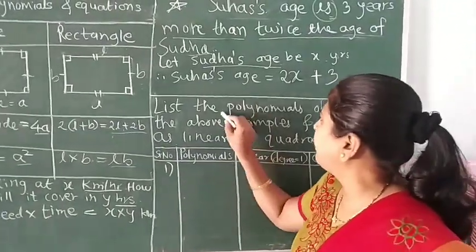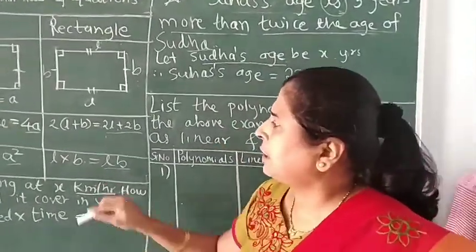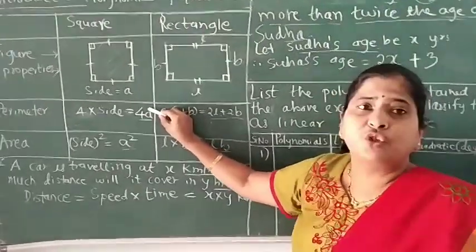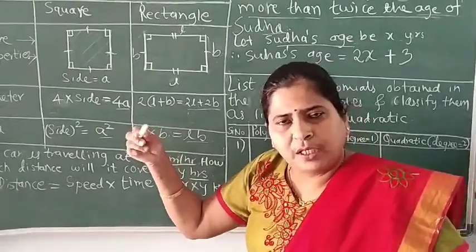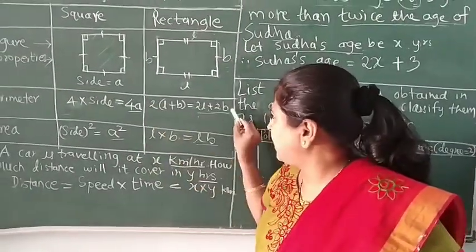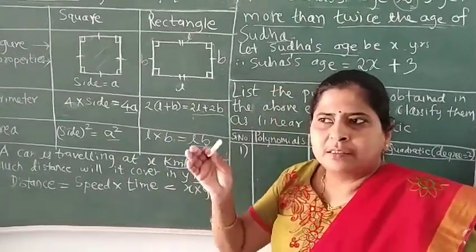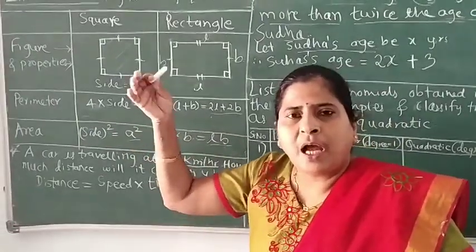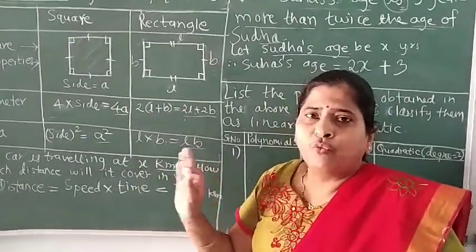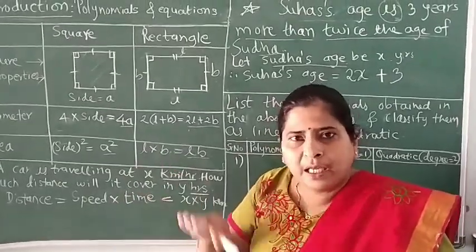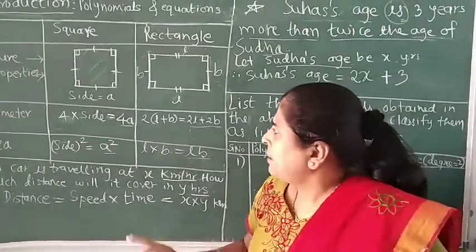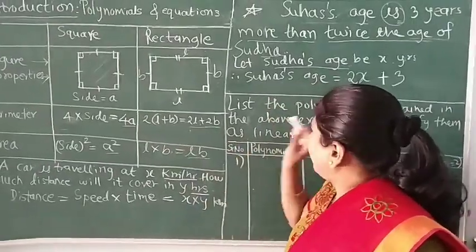When we say the word polynomial, remember the power of the variable should always be a whole number. Whole number means 0, 1, 2, 3 and so on. So all these variables have powers that are either 0, 1, 2, 3 and so on. Here we don't want the power of the variable, or index of the variable, to be negative or a fraction. As these are fulfilling this condition, all these are polynomials.